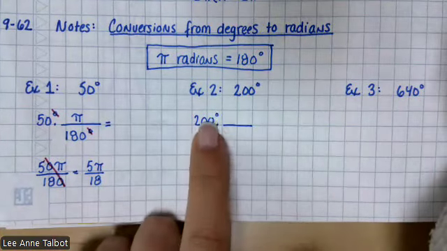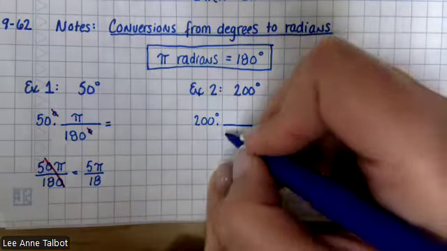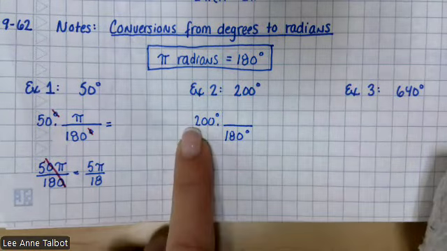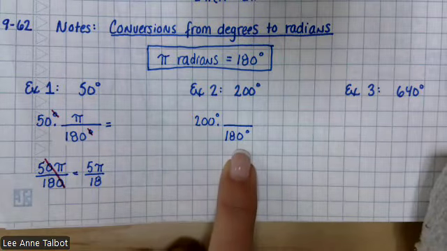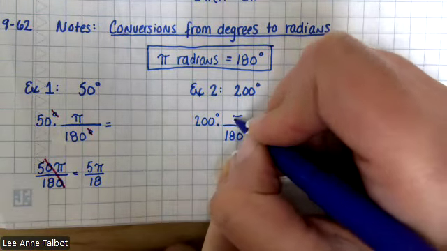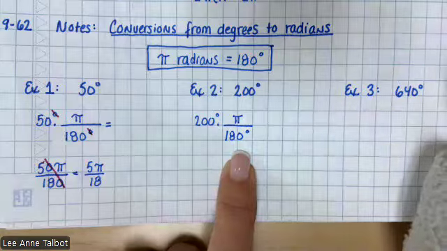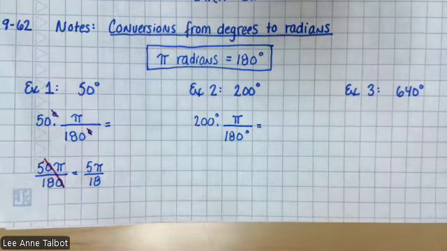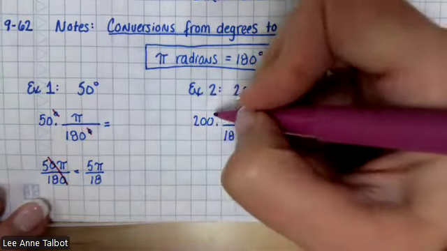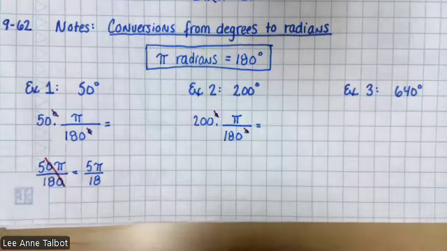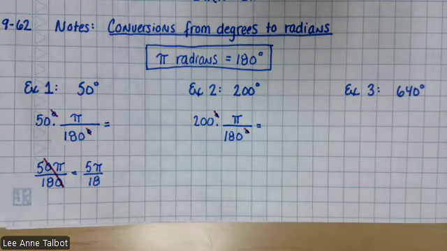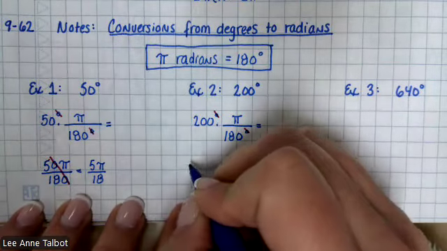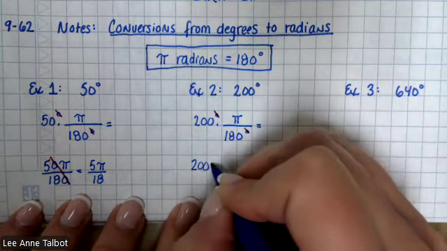Degrees is on the top, so I want degrees to be on the bottom. And pi radians is 180 degrees. I'm going to come back along with my pen and cancel out the degrees. This gives me 200 pi